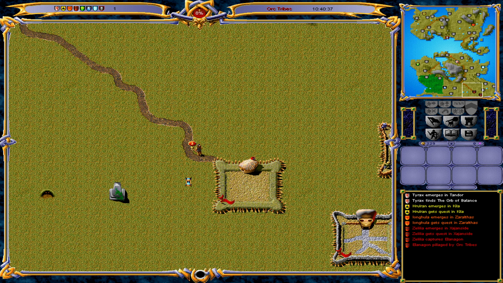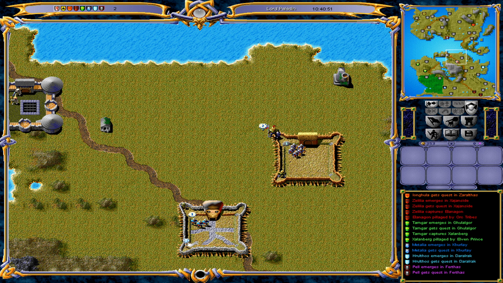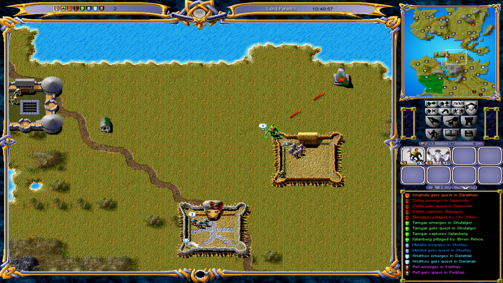And if you're going to play this game, you really need to be paying attention to what the AI is doing, and it'll tell you what's going on here at the bottom as well. If they get a quest, or okay, there we go. If they manage to search a ruin, or if they take over a... So let's look at these guys, for example. Actually,